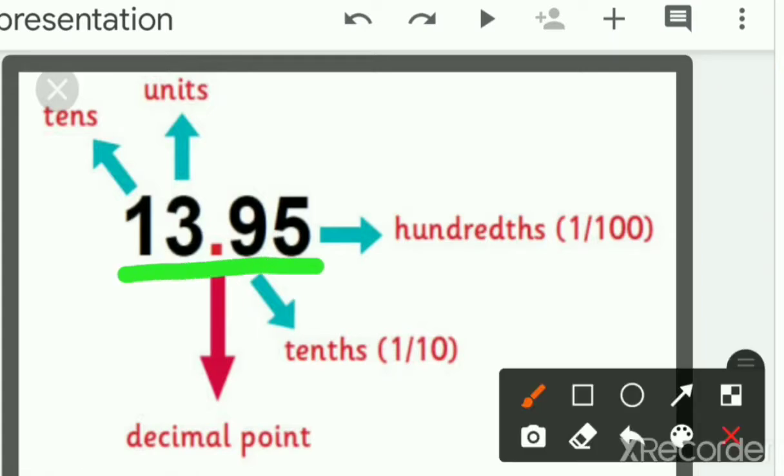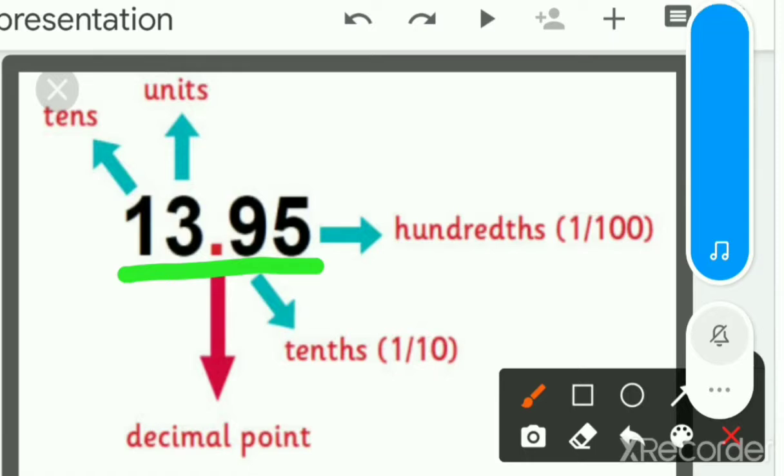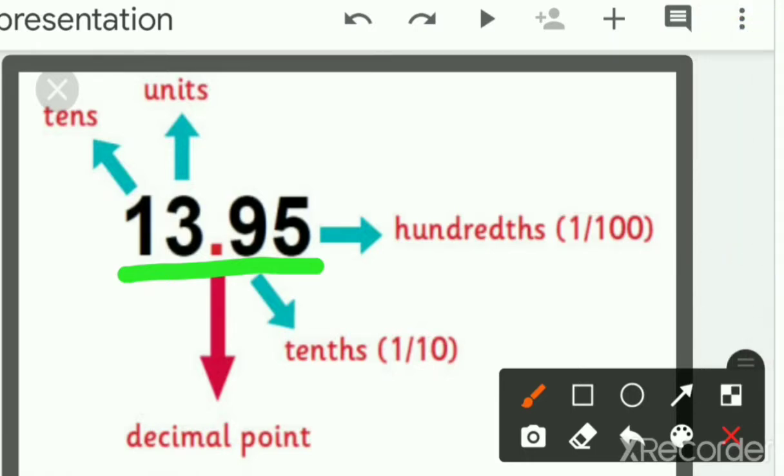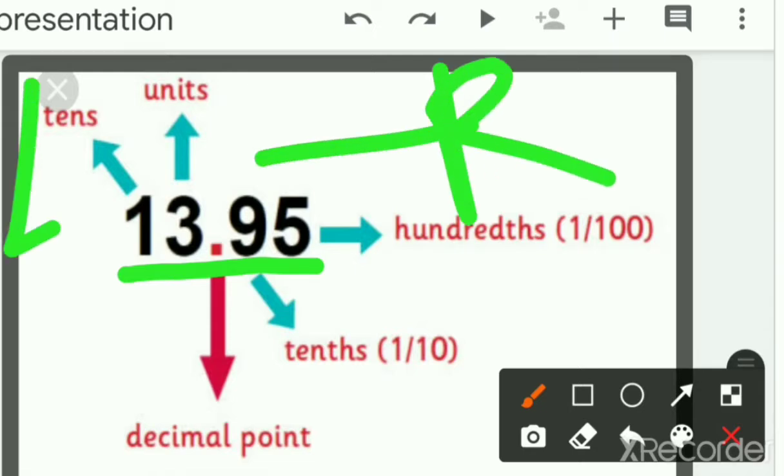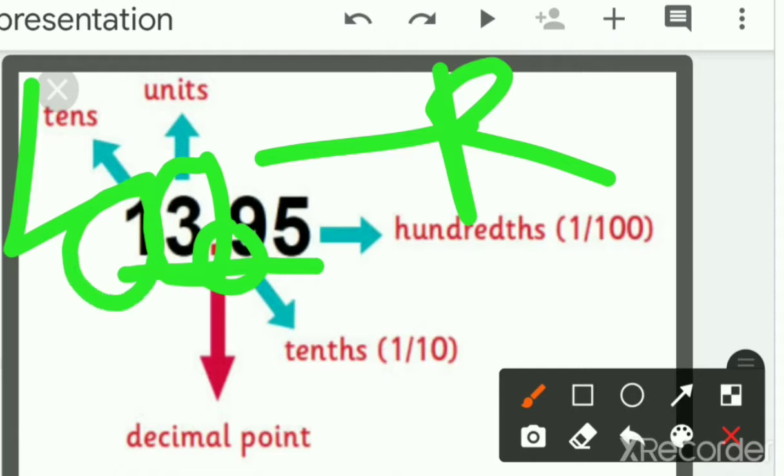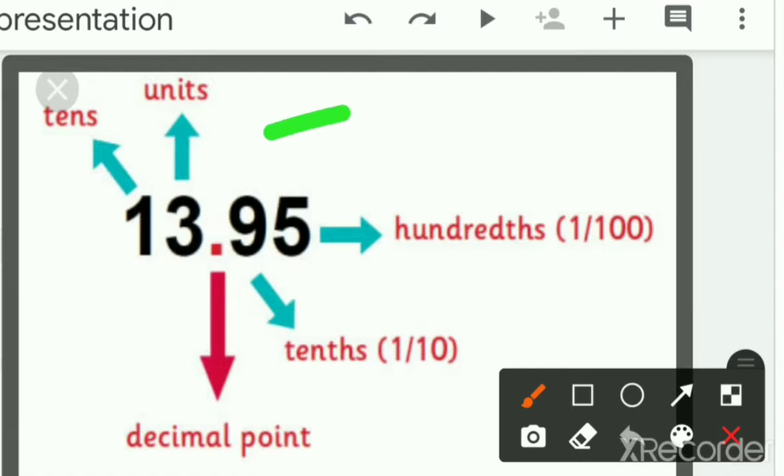So when we start counting its place value, what do we see? We look at the number written on the left hand side of the point. So this is the right side and this is the left side. This is the decimal point. So we look at the left hand side of the decimal. That will be our ones place. After that, the next will be our tens place, and so on. But if you go to the right hand side, after the decimal,